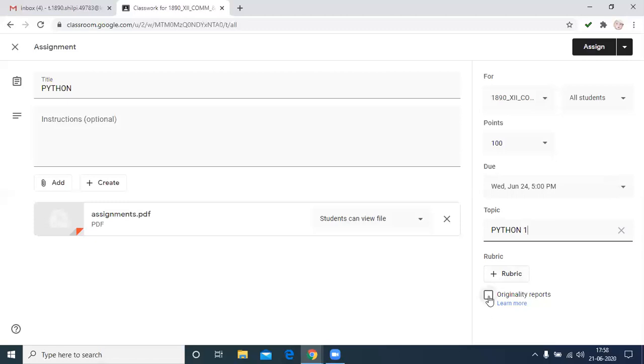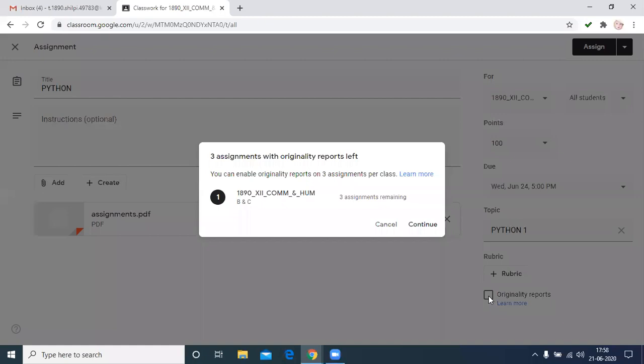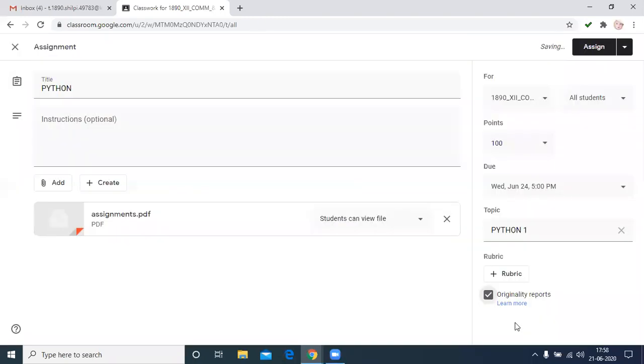The next option is this one. It is useful when we check the originality report. If the students are copying and pasting from Google, then it will show the original link from where the student took the answer from the web.